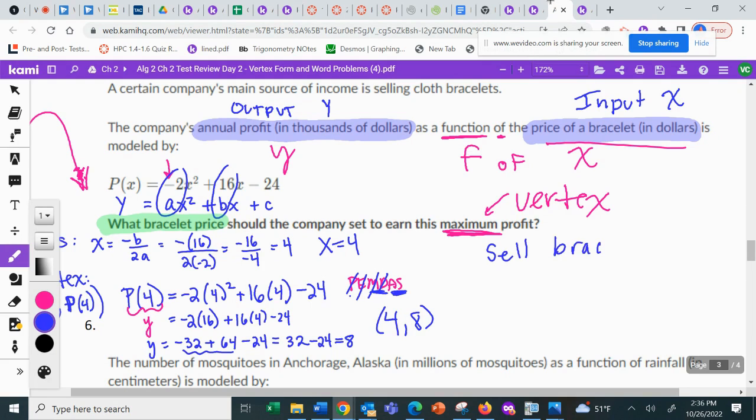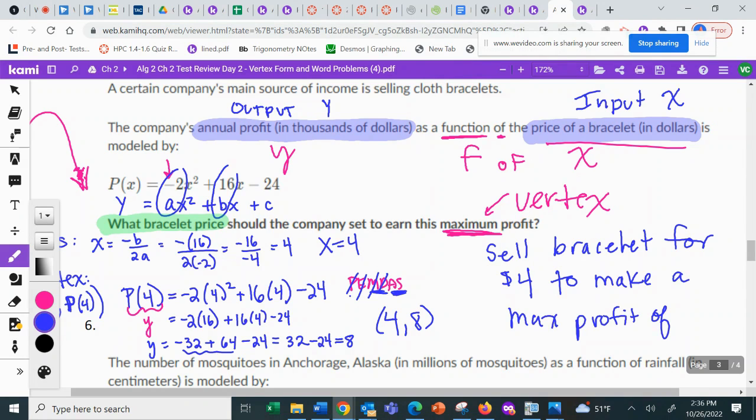Sell the bracelet for how many dollars? So I hear 4 and 8 at the same time. What variable represents the price of the bracelet? Andrew, what variable, I'm circling it, represents the price of the bracelet? X. So what answer is the x? 4. Sell the bracelet for $4 to make a max profit